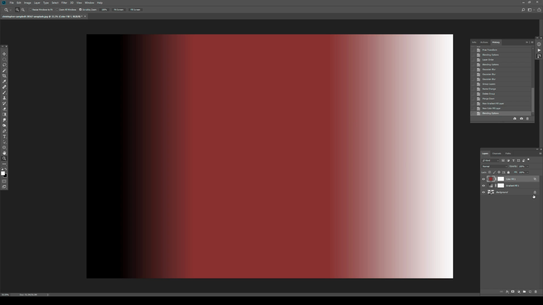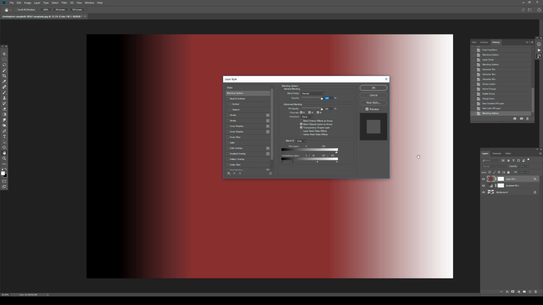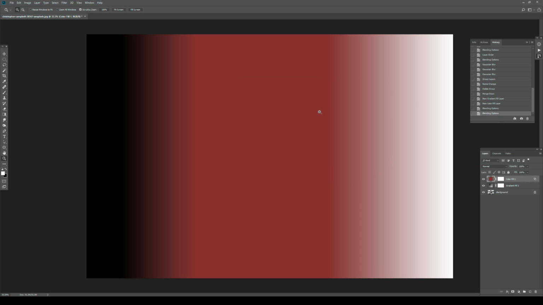I can hit OK, and the really nice part about this is I can jump back into it by double clicking or right clicking, but I like double clicking, and then I can modify it again, so it's completely non-destructive. So this is what we are going to use for